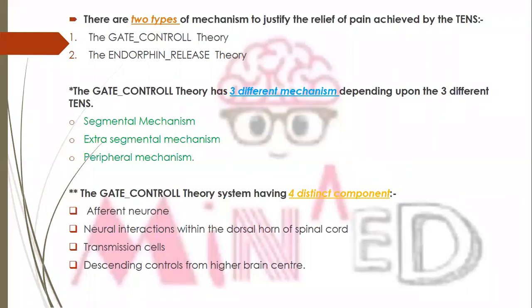Okay, now I am describing the gate control theory. Suppose you want to activate A beta fibers, which stimulate the inhibitory interneuron in the SG, that is substantia gelatinosa, which is located at the dorsal horn of the spinal cord. The activated interneuron produces the inhibition of the transmission through the pathway carrying A delta and C fibers.